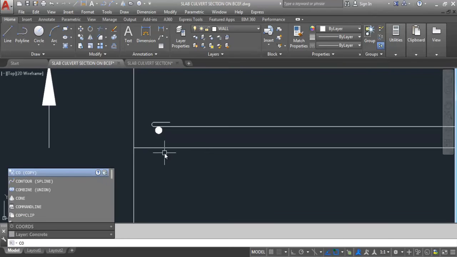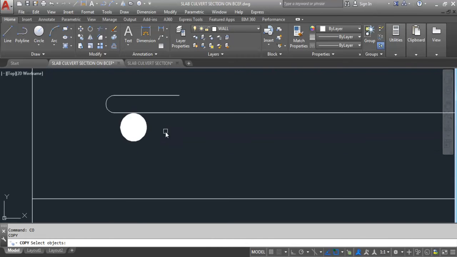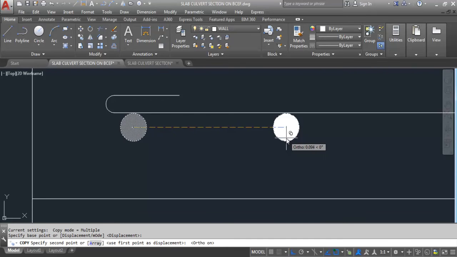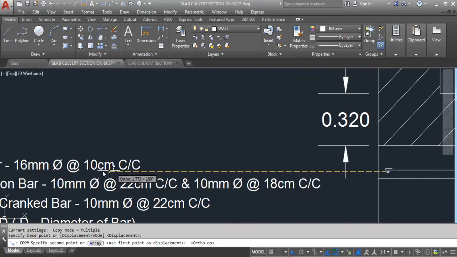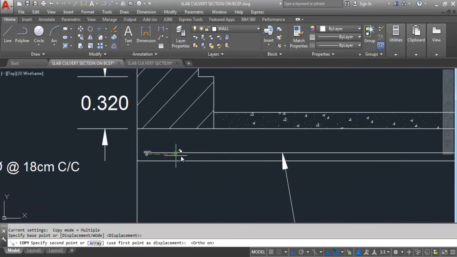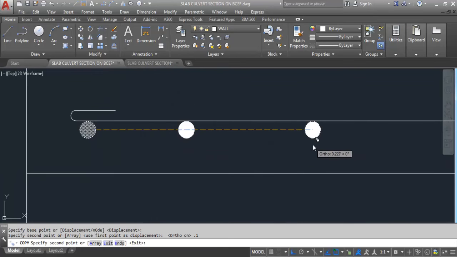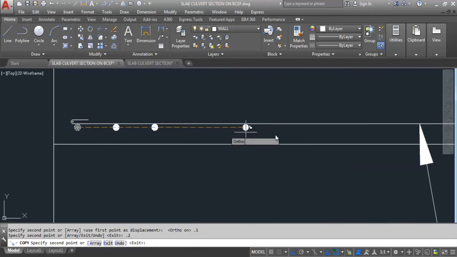So copy, select this. Spacing is 10 centimeter, so this is the center point. Center to center distance, make ortho on, and 10 centimeter spacing. So specify the spacing 0.1, enter. 10 centimeter, 0.1 meter, again 0.2,